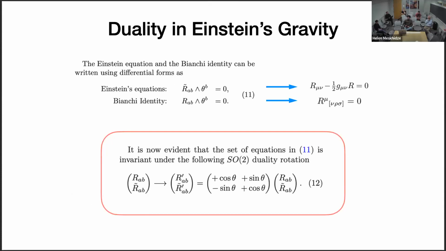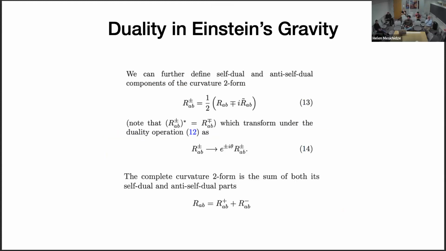Okay, so this is the duality. It is slightly more difficult to see how it works in practice. So let's consider an example. But before the example, I'll just say that as in field theory, the field strength can be decomposed into its self-dual and anti-self-dual parts, which transform nicely under duality. So we can decompose any curvature 2 form into self-dual and anti-self-dual parts, and each one of them transforms into itself with a phase under this SO(2) operation.